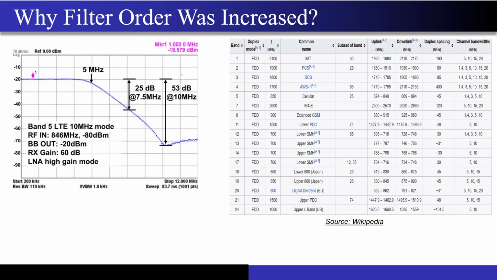So now to appreciate the importance for that, you just have to go into this around 850 megahertz band that is present in the cellular, and just check the channel bandwidths that are available, 5 megahertz, 10 megahertz. So what do I mean by that? If you take a particular channel, for example, let's say f0, so you have around, let's say, a 10 megahertz of bandwidth around it, correct?